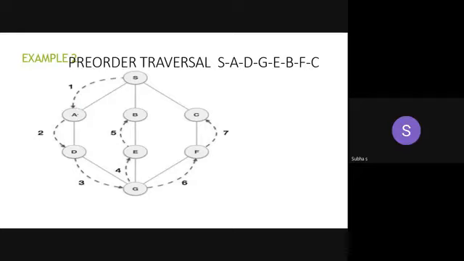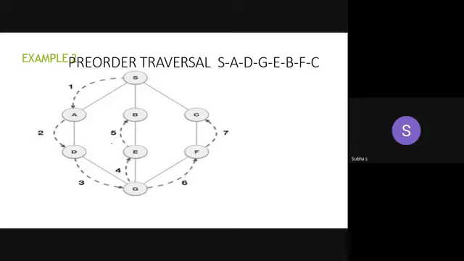From A, what I have to do? Find the adjacent vertex. Go to any one adjacent vertex. Then what you have to do? Push that element onto the stack. Initially, you are having S. From S, you are starting. So, S will be in stack. Then what's the element? A. Then what? You are moving to D. Yes. From D, find the adjacent vertex, G. So, from D, I am moving to G.